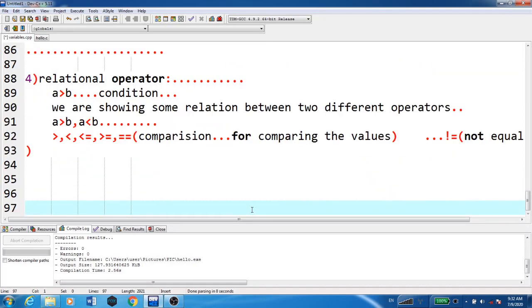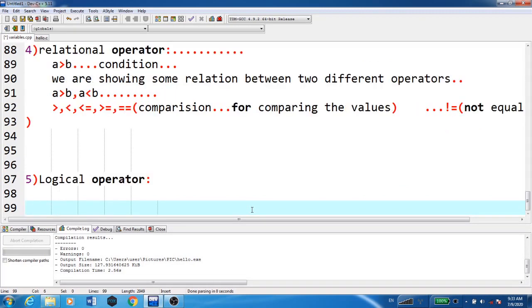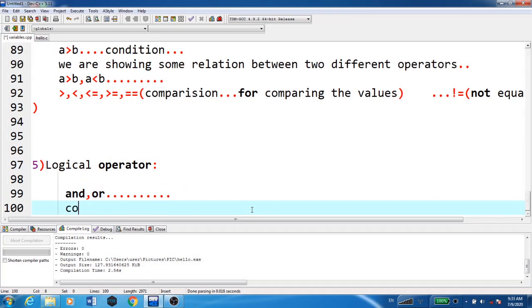Next is the logical operator. Logical operators are nothing but a type of conditional operator, that is, how the condition is being given. We have and, or, these are the different logical operators. Condition 1, this is the logical and operator, condition 2.